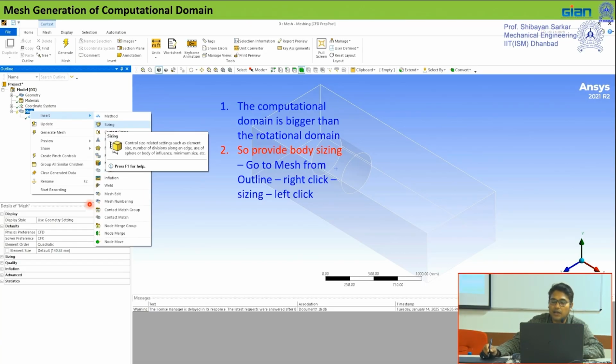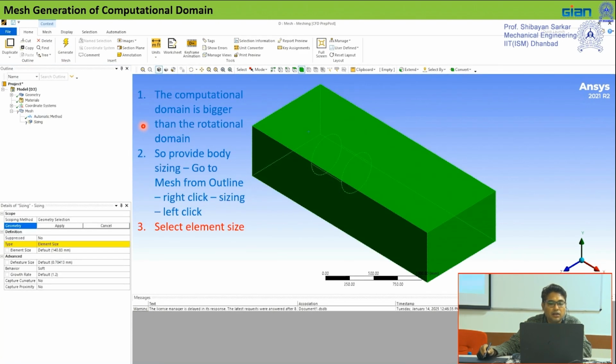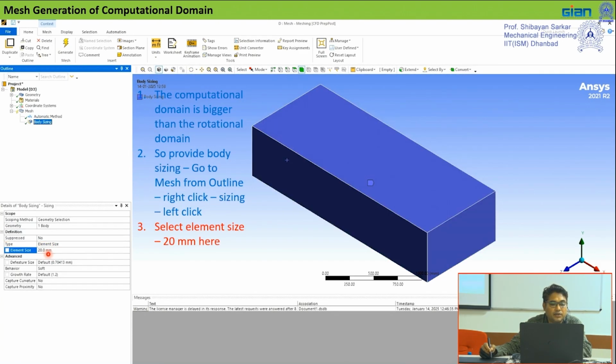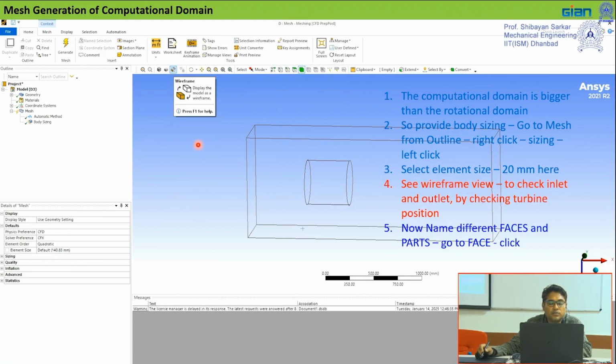Anyway, we come back here. Since the size of this computation domain and the size of this rotating domain are different, we have to go for some sizing definition. So I will insert sizing and this element size. Here we can provide the element size. Here we have given element size 20 millimeter, and then we have seen this particular value as a wireframe view,